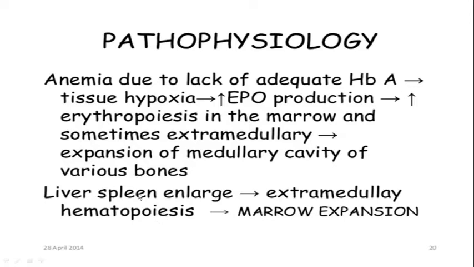The spleen will have a dual function. It will lead to extravascular hemolysis, or breaking down of the defective RBCs, as well as ineffective erythropoiesis in the form of extramedullary erythropoiesis as the marrow gets expanded and frustrated. So that's where the spleen enlargement will be greater than the liver enlargement.